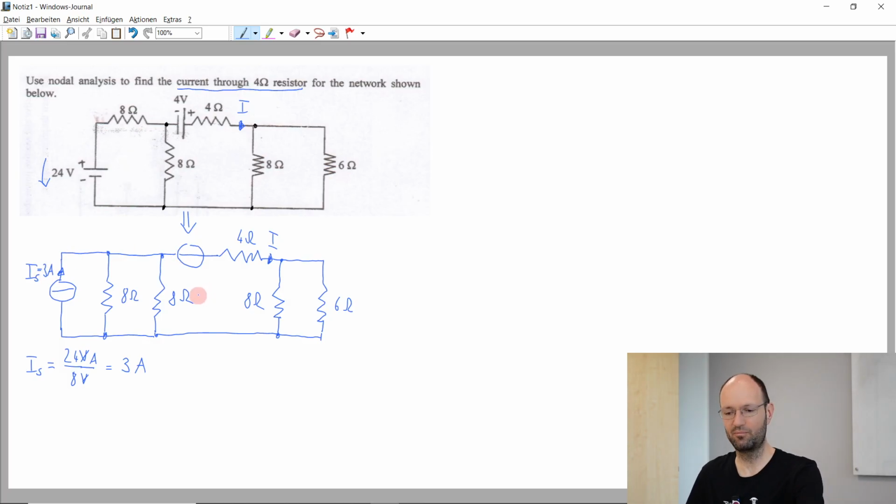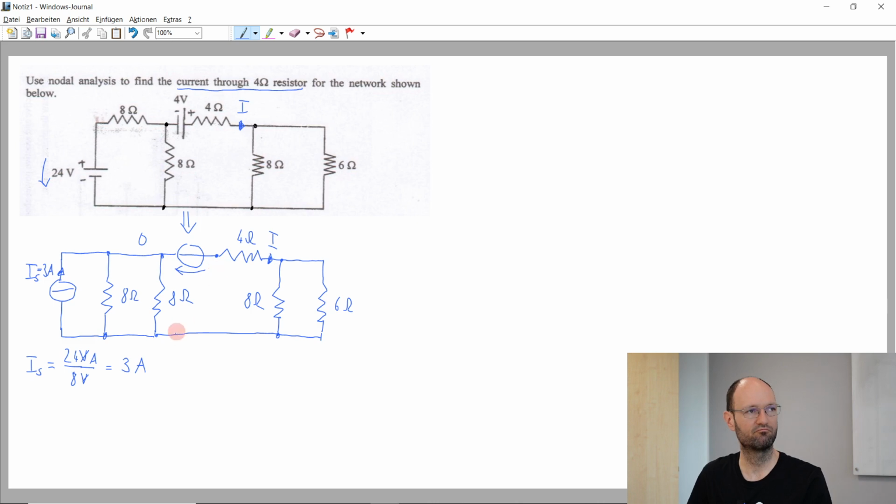So the next step of nodal analysis would be to number and label the nodes. And we also have this voltage arrow here from this source. Now to make things a little easier, we have a free choice where to place the reference node. We could place the reference node here, there, or there. I would suggest placing the reference node here, because then